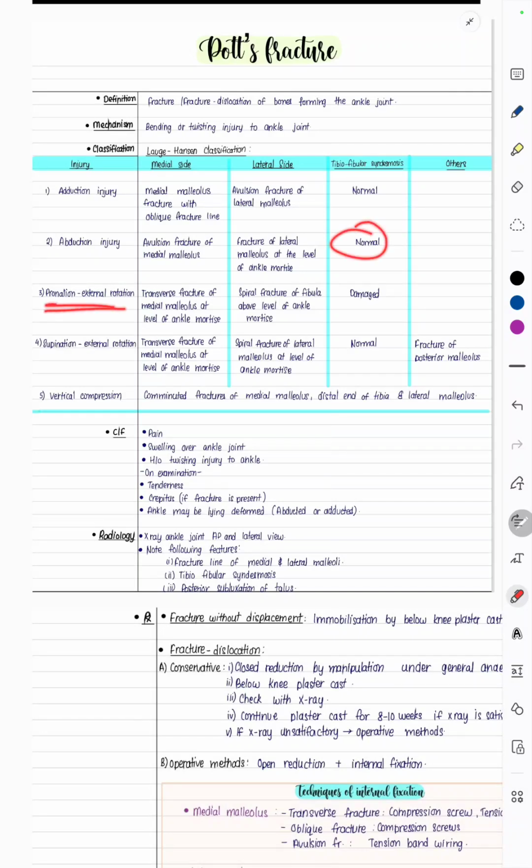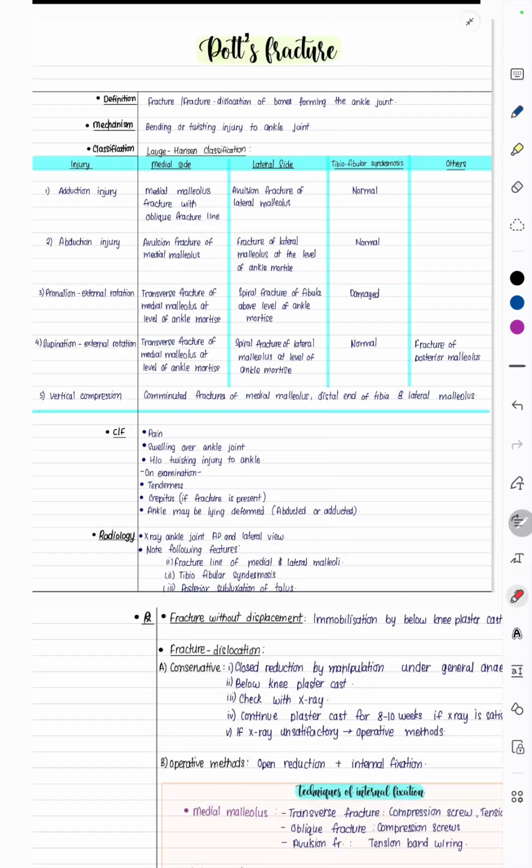The third is pronation, when the external rotation happens. So the patient is pronated and the external rotation happens, and that will lead to transverse fracture of the medial malleolus. Then on the lateral side, it will lead to spiral fracture of the fibula, and tibiofibular